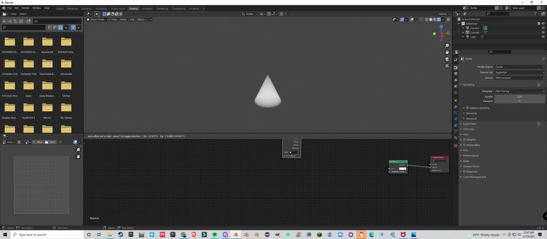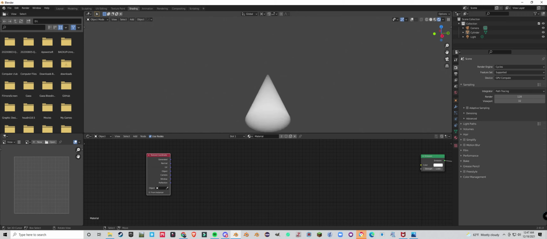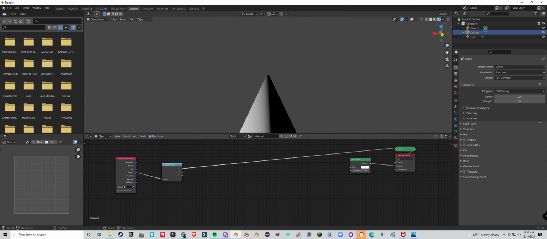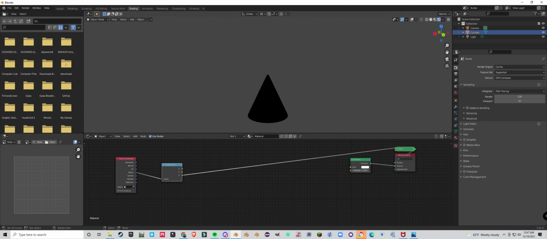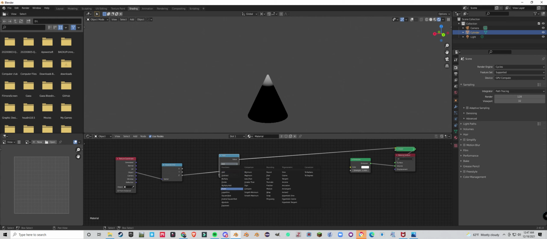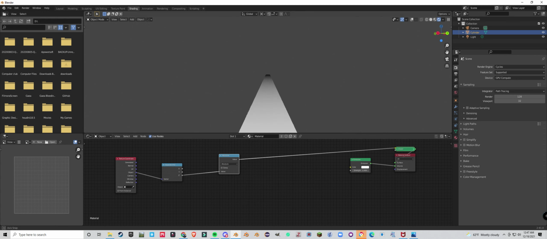So what we need to do is grab the X, Y, and Z position data relative to the object's orientation transformations. So we take this object output, feed it into a separate XYZ, and this will separate X, Y, and Z components. Z is black because this is below 0. So math absolute, and that's what we're going to be using here. You can see that that gives us the